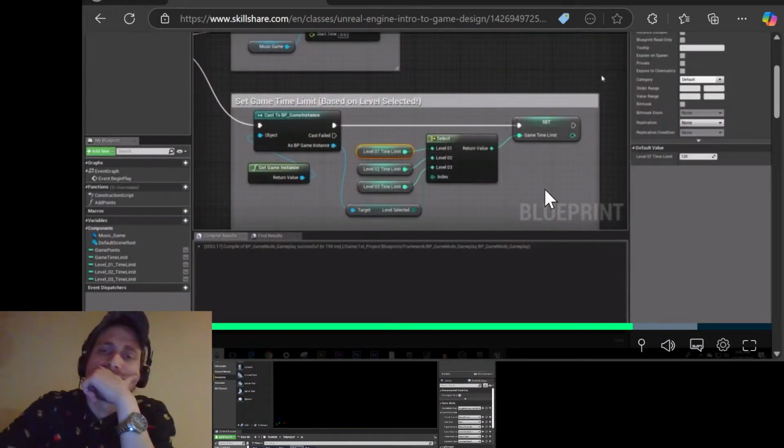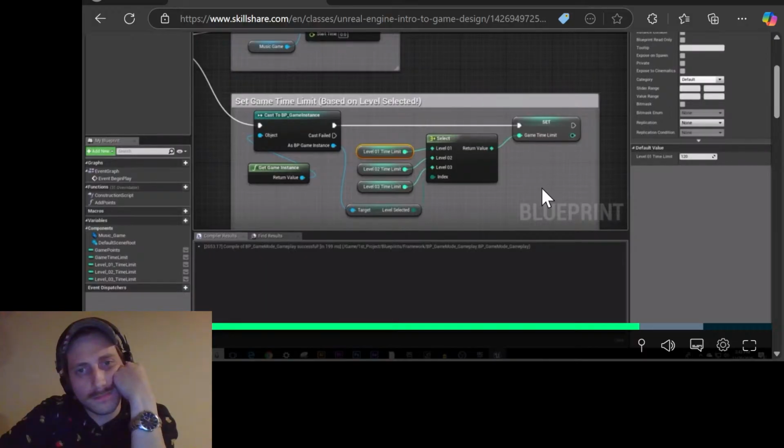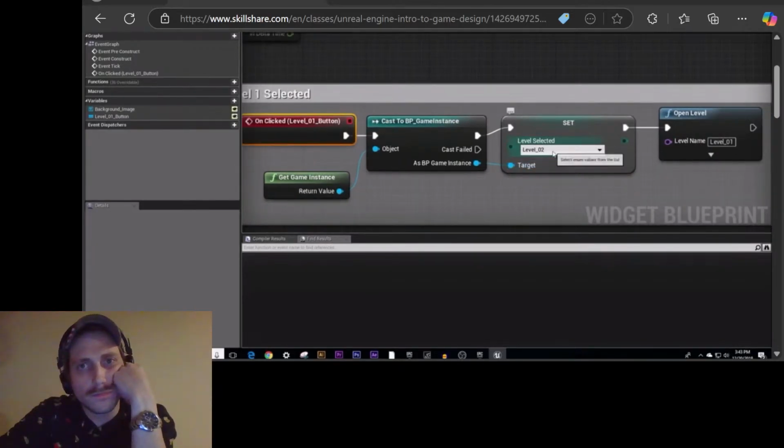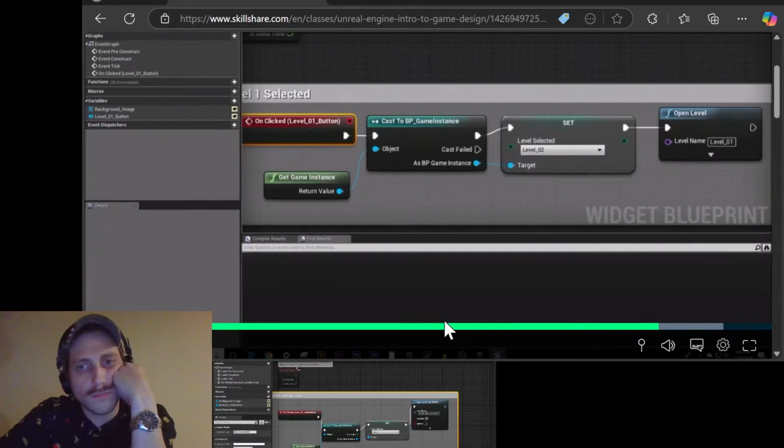Okay, but we also had it set to 120 before. So is it really working? Well, let's test it out even further. Let me jump back to WBP Start Menu. And let's say that when I click on Level 01 button, I am actually going to set our level selected to Level 02. Okay, so what that's going to do, let me just compile and save this, is